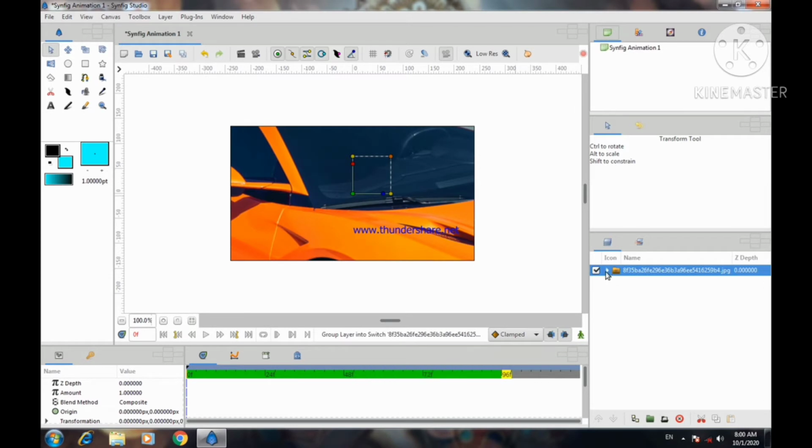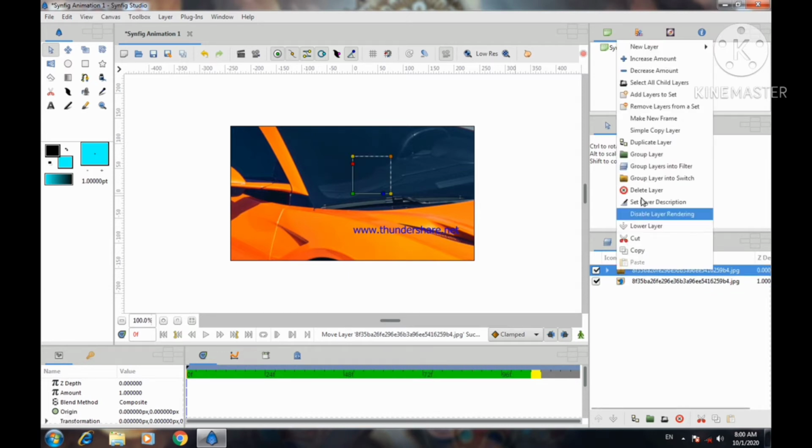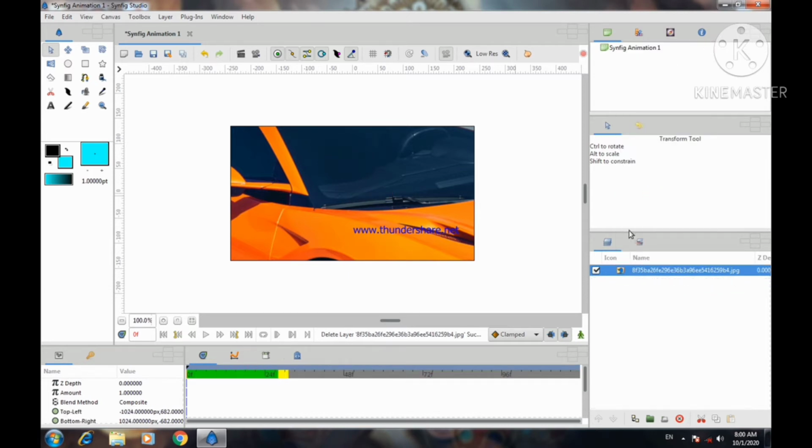Now in the newer version of Synfig, the images are imported along with additional attributes like scale, rotate. So we will simply use the image, so we will remove that image from this inline and delete this additional layer.